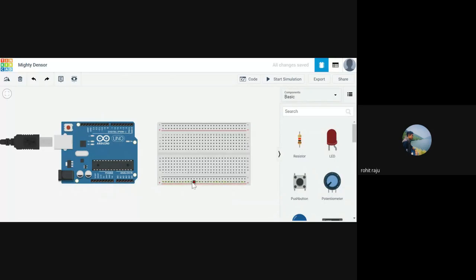So this is the power line, right? Let me take a wire and connect it from 5 volts to one of the power lines on the breadboard. Actually, you have a mistake here. Let me delete it.